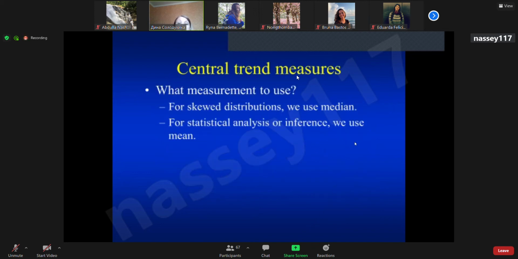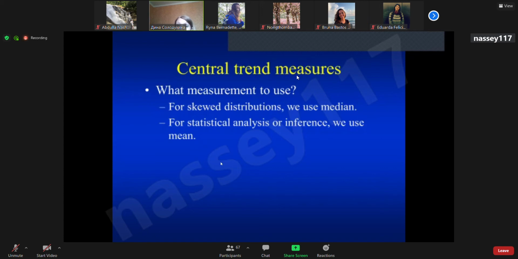So there is a rule which is important when we choose a measurement for central tendency. If you have a skewed distribution, and we will talk about it now, we will use median, because if you have data which is asymmetrically distributed, it's not correct to take either mean or mode. If you have statistical analysis or inference, we must use arithmetic average, because arithmetic average is the most accurate estimation